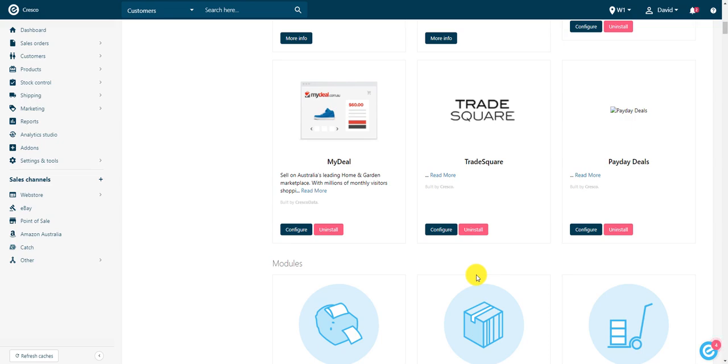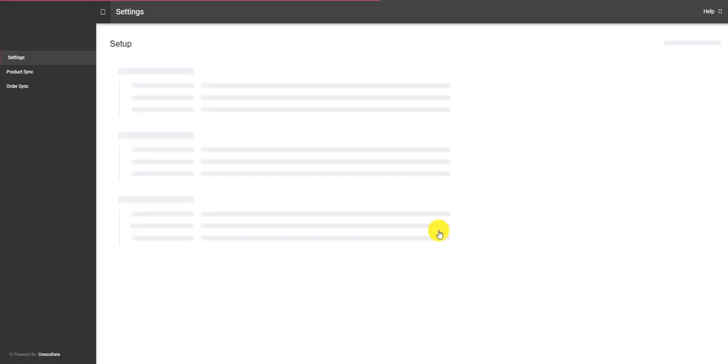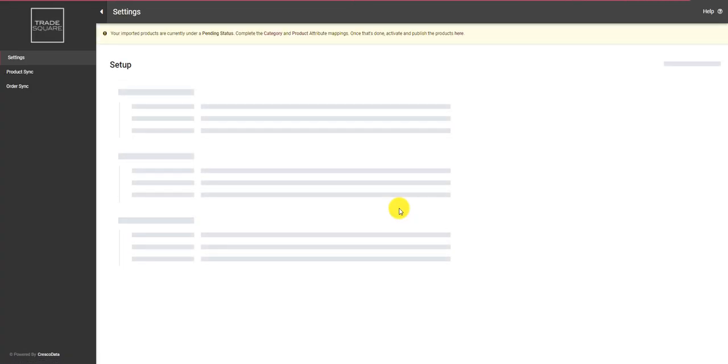In order for you to add the TradeSquare app inside of your Neto account, first you need to go to add-ons and then go down to find your TradeSquare app, and then click on and install it. Upon clicking this button, it will log you into the TradeSquare app automatically, and it will allow you to define